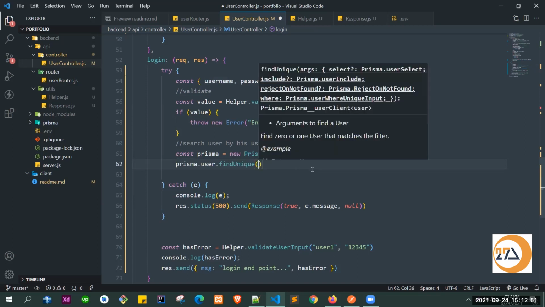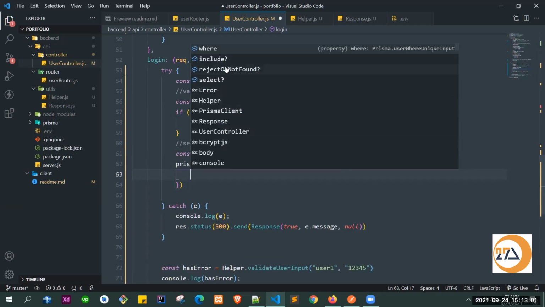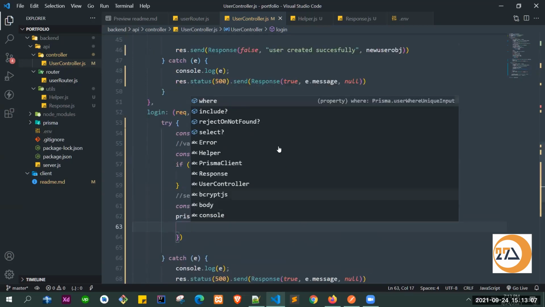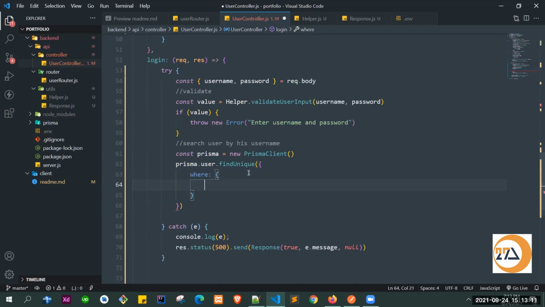Here we need to pass an argument, which will be an object. If we press Control space, we get suggestions for what we can pass inside this object. We can pass a where block, and inside the where we can again pass an object.